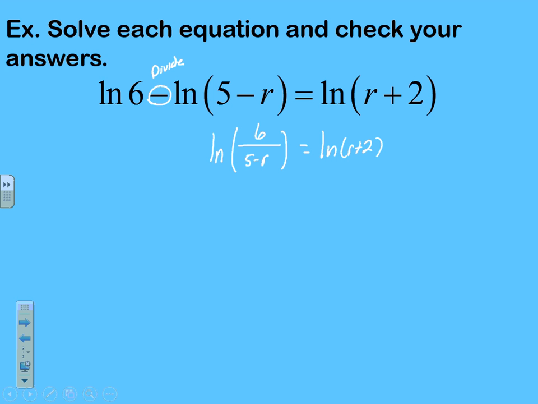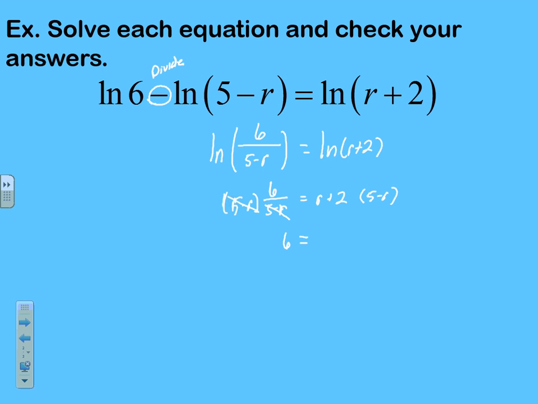Now at this point, because the equation has been condensed into a single log on both sides of the equal sign, and they are logs of the same base, we don't need to write the log anymore, and we can just say 6 over 5 minus r will be equal to r plus 2 and solve for our variable like normal. So what I would do to get the expression out of the denominator on the left side is multiply 5 minus r to both sides. Okay, the 5 minus r on the left side simplify to just be 1, and I have 6 is equal to,